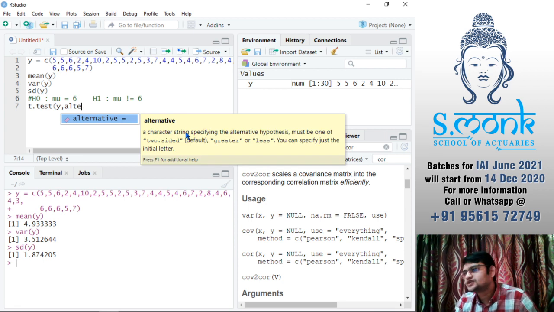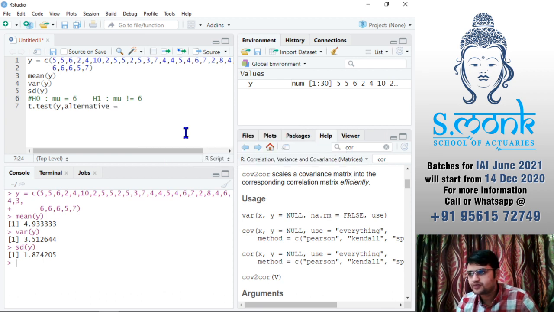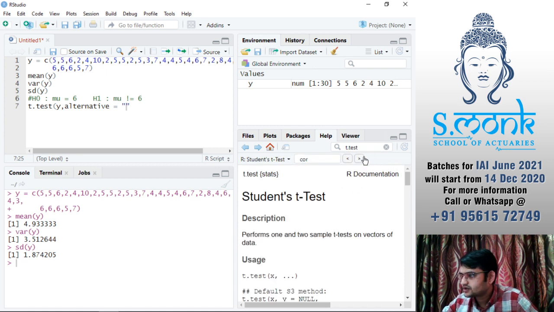As soon as you start writing, you will get options of whatever you are trying to figure out, and if you want to use that option, press tab. So alternative will be equal to... Whenever you want to figure out whether you have written it correctly or not, you can look up help for any test, t.test.